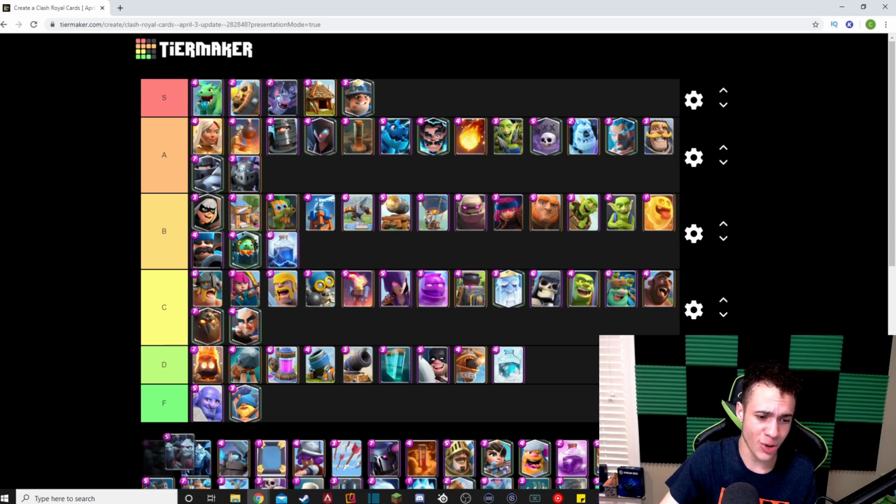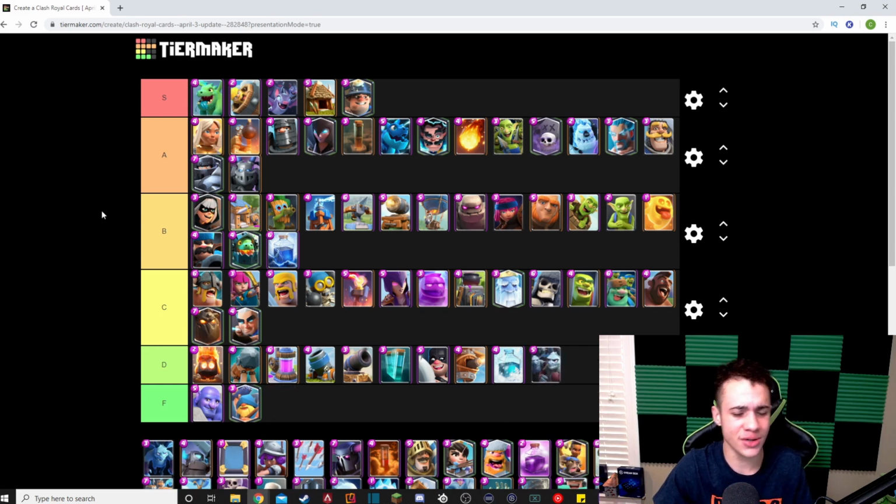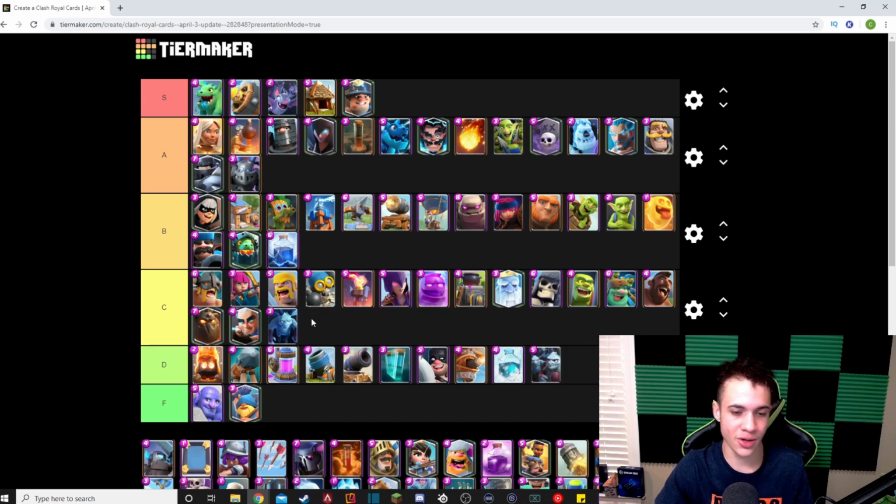Next up, we got Minion Horde. D tier. Probably Minion Horde is the most counterable card in the entire game. There are so many cards that can counter a Minion Horde. It just doesn't really have a fitting spot in the meta. Same thing kind of is with the Minions, except Minions are a little bit better, so they go into the